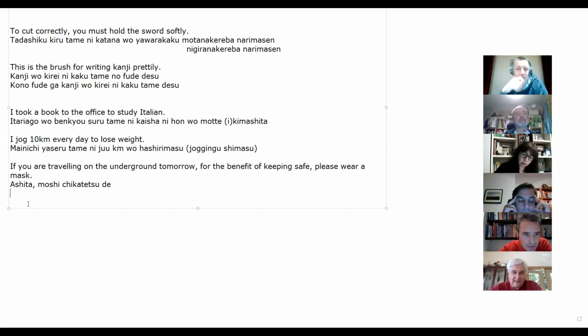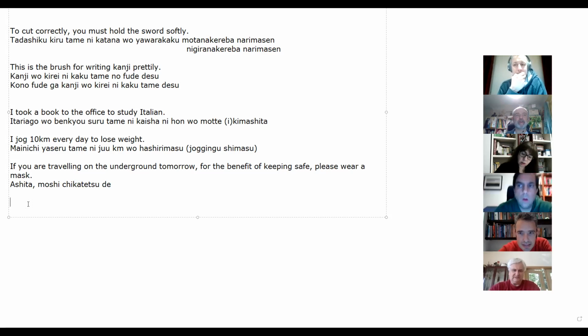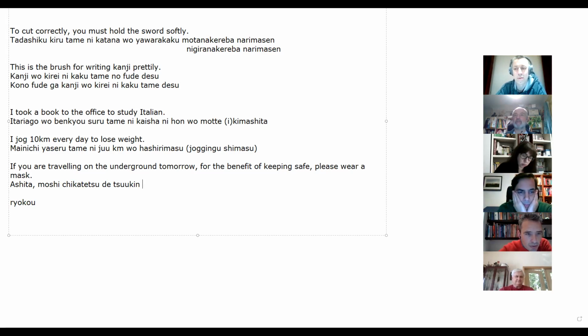Traveling. I don't know. So if you were traveling abroad on holiday by airplane or train, then you might use ryoko, but I'm assuming that on the underground train, this is within a city. So this is more like commuting than traveling. So I would use tsukin. Tsukin. Yeah. That's not a verb. Then make it into a verb. I don't know a verb. How do you turn any noun into a verb? To. Help. No, come on, Kim.